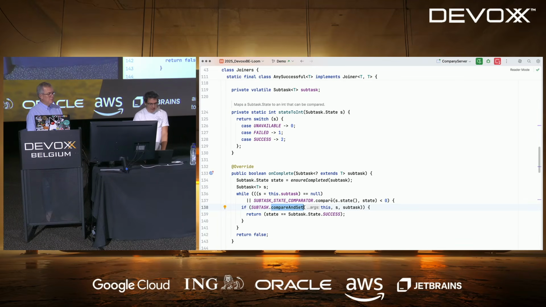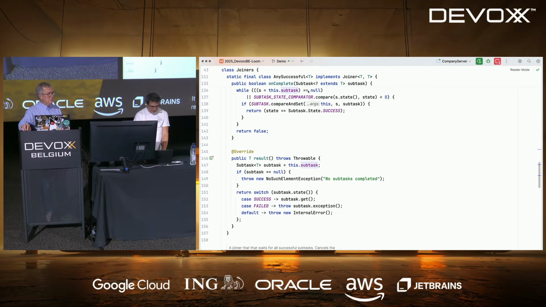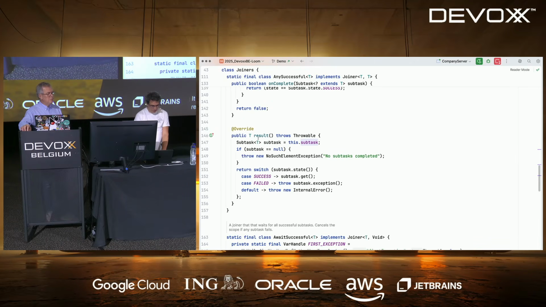So basically, we have several threads that will race to update this field. And if one task failed, it will put itself as a subtask. And if one succeeds, it will put itself replacing the one that failed. That works that way. And you can see the result, basically reading the field.